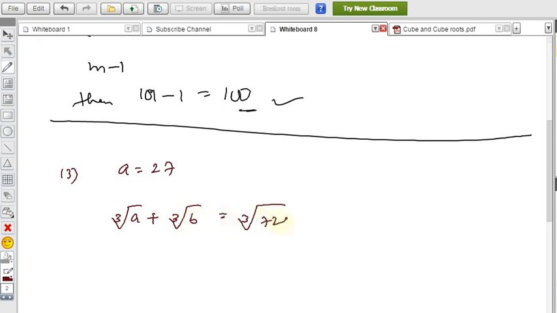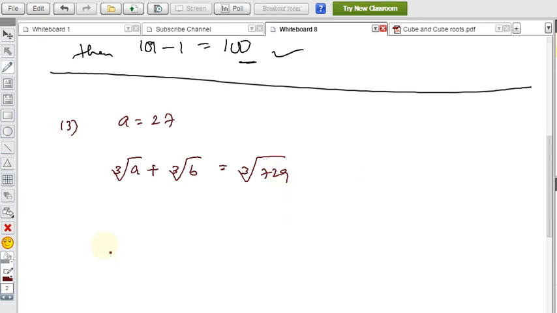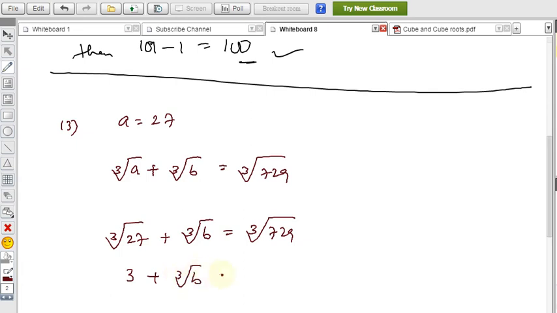So the value which is given, substitute this: cube root of 27 plus cube root of b we should find out, equals cube root of 729. Cube root of 27 is 3. Cube root of b we should find out. Cube root of 729,